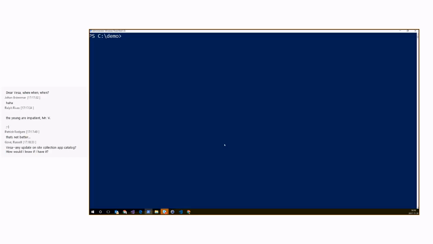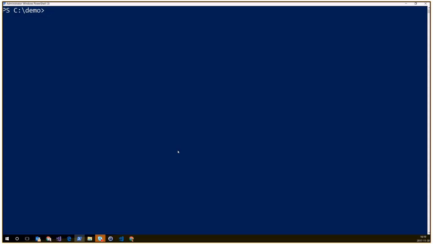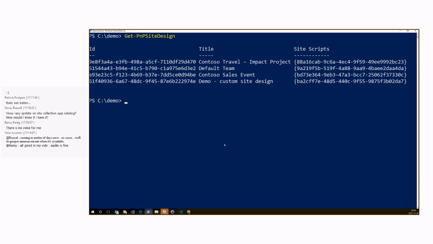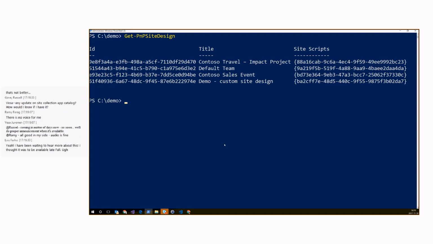So what you're looking at is not available currently out there. You need a specific tenant that we're using here for the demo. But it will come pretty soon. The commandlets are available as of the next master release, the next release we will do. But if you run them on your tenant, it's not available. You will get a message saying this is currently not released yet, and you will have to wait. So in order to see all your site designs, you say Get-PnPSiteDesign, press enter, and it connects to your tenant. And you have to understand, you have to be tenant administrator here.